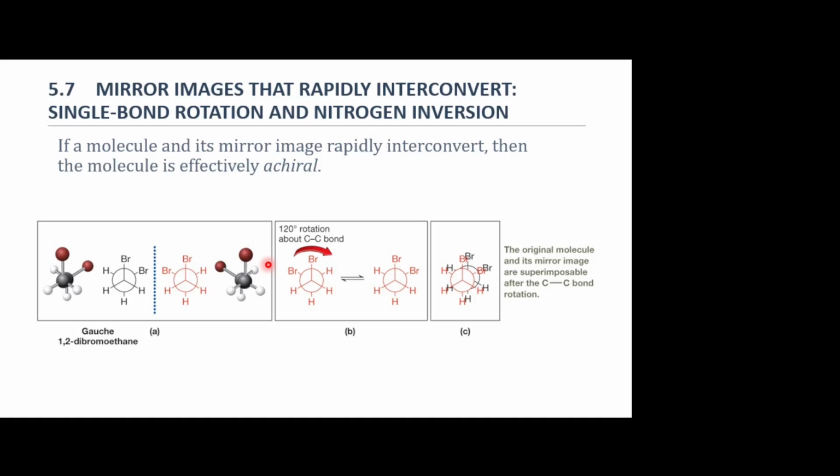All right, so let's talk about mirror images that can rapidly interconvert. If you have a single bond, this is going to be a rapid interconversion. And so they are going to continuously be spinning around that single bond, just like a nice axis, right? It doesn't take much effort to rotate this, right? And so I would not act like some part of this structure is always going to be visible to you, would I? Because I can just rotate it very easily the other way. Okay? And when you're at room temperature, these single bond rotations are happening all the time, just constantly,